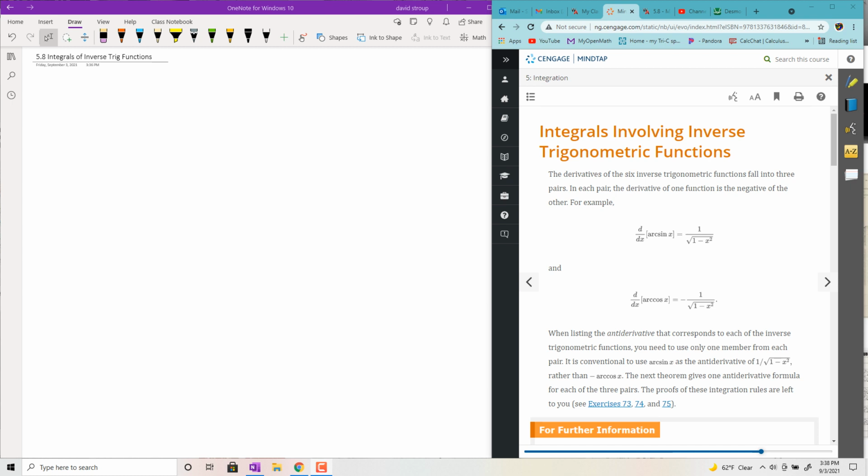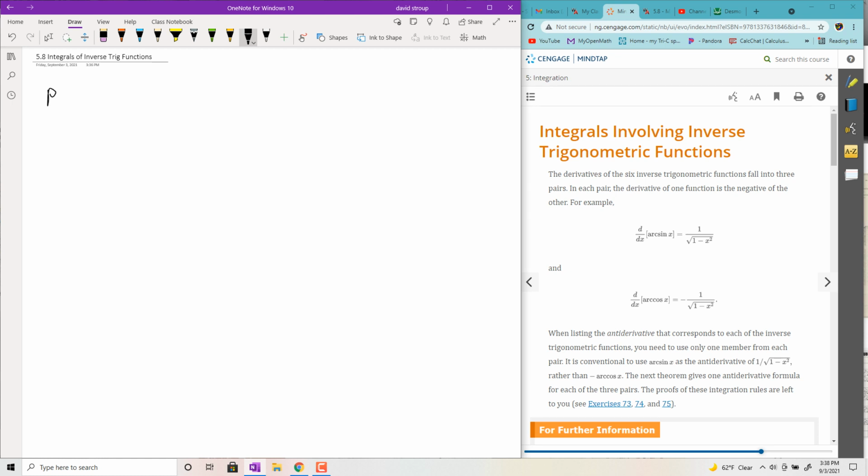Okay, hey, welcome back. This is 5.8. We're still working with integration. In particular, we want the integrals of some inverse trig functions. So first, just recall the derivatives of some inverse trig functions. And from there, we should be able to get